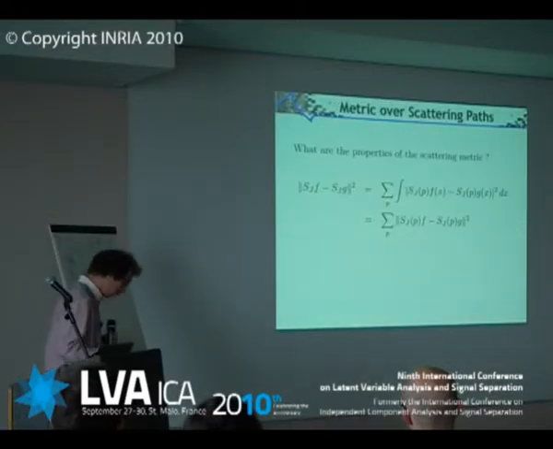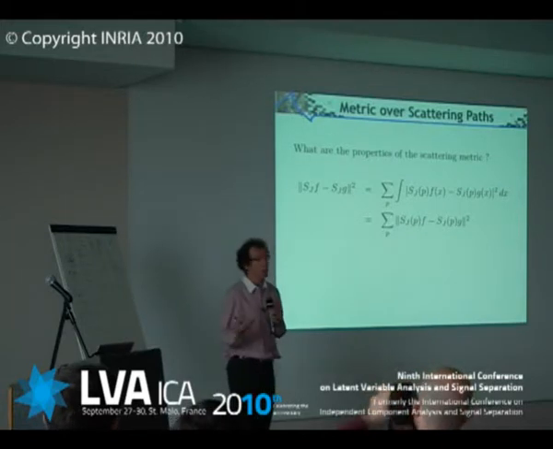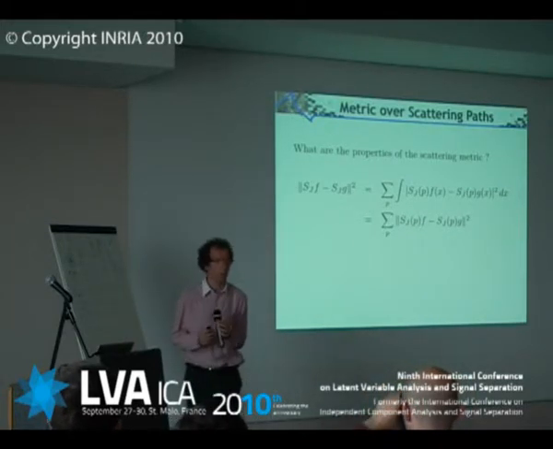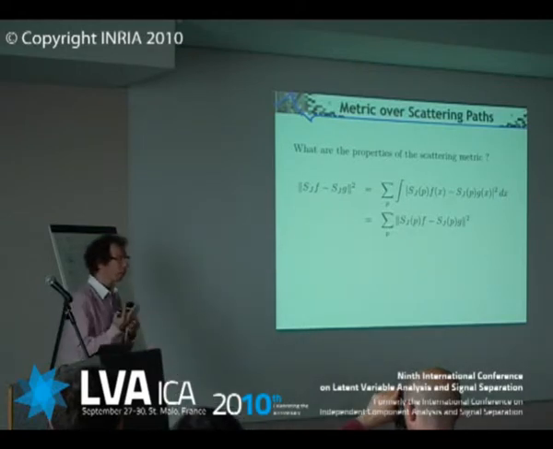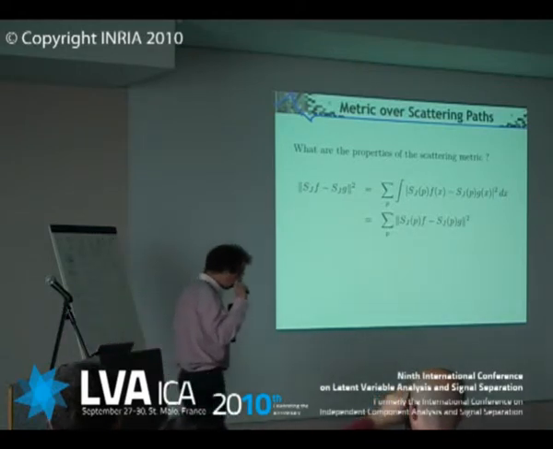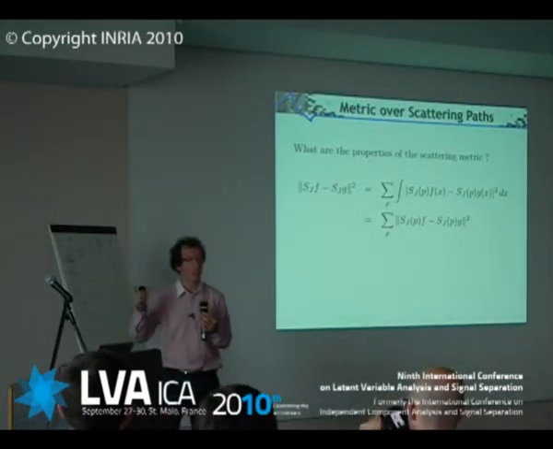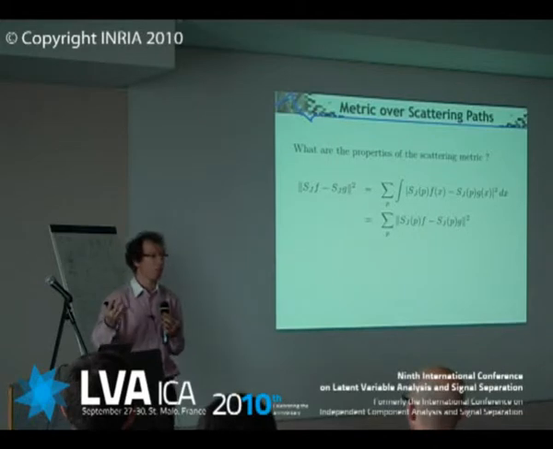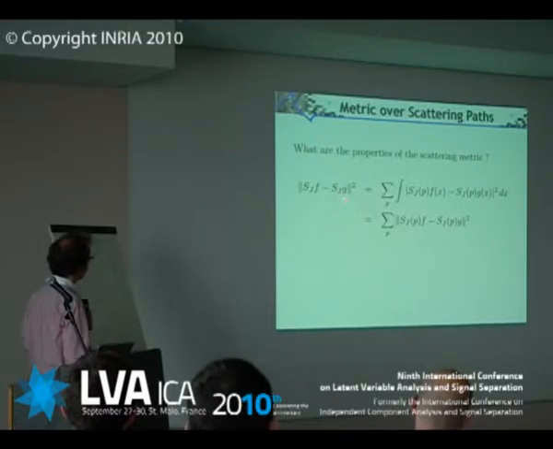Okay, to understand why, in fact, it's not hopeless, we're going to look at the property of what we want, and what do we want, the metric. What we want to do at the end is to compare signals. Let's not forget, my goal is to compare signals and to have a distance which is invariant, not only invariant, but which provides me information about deformation.